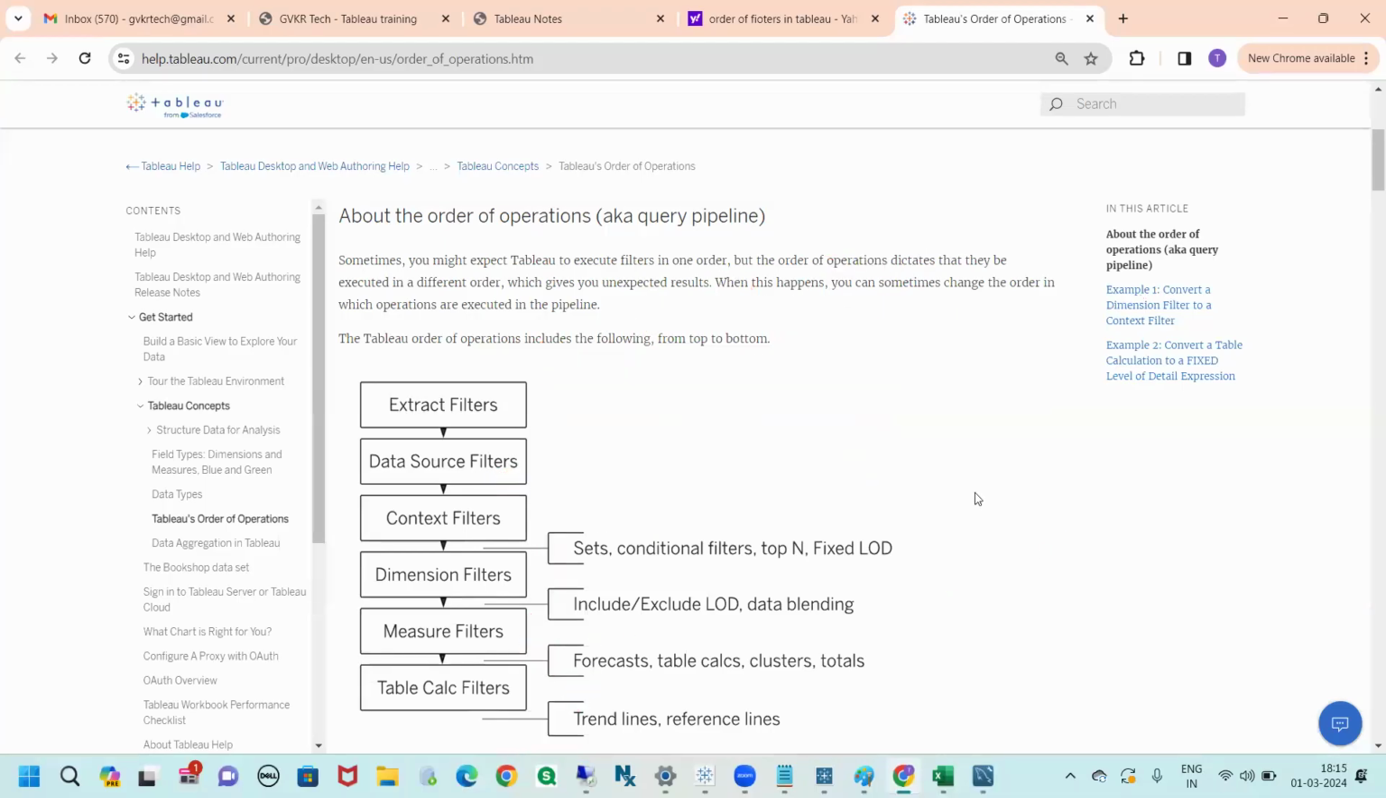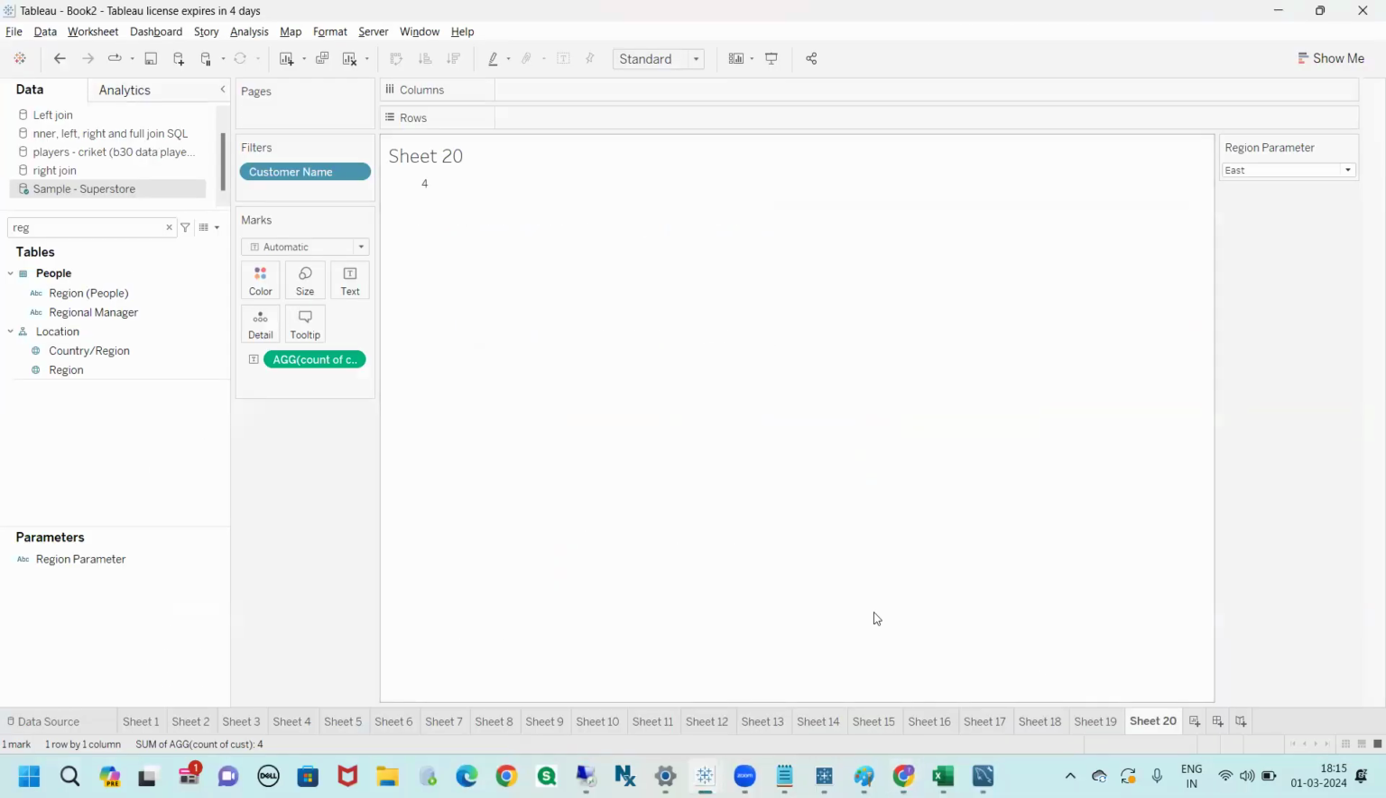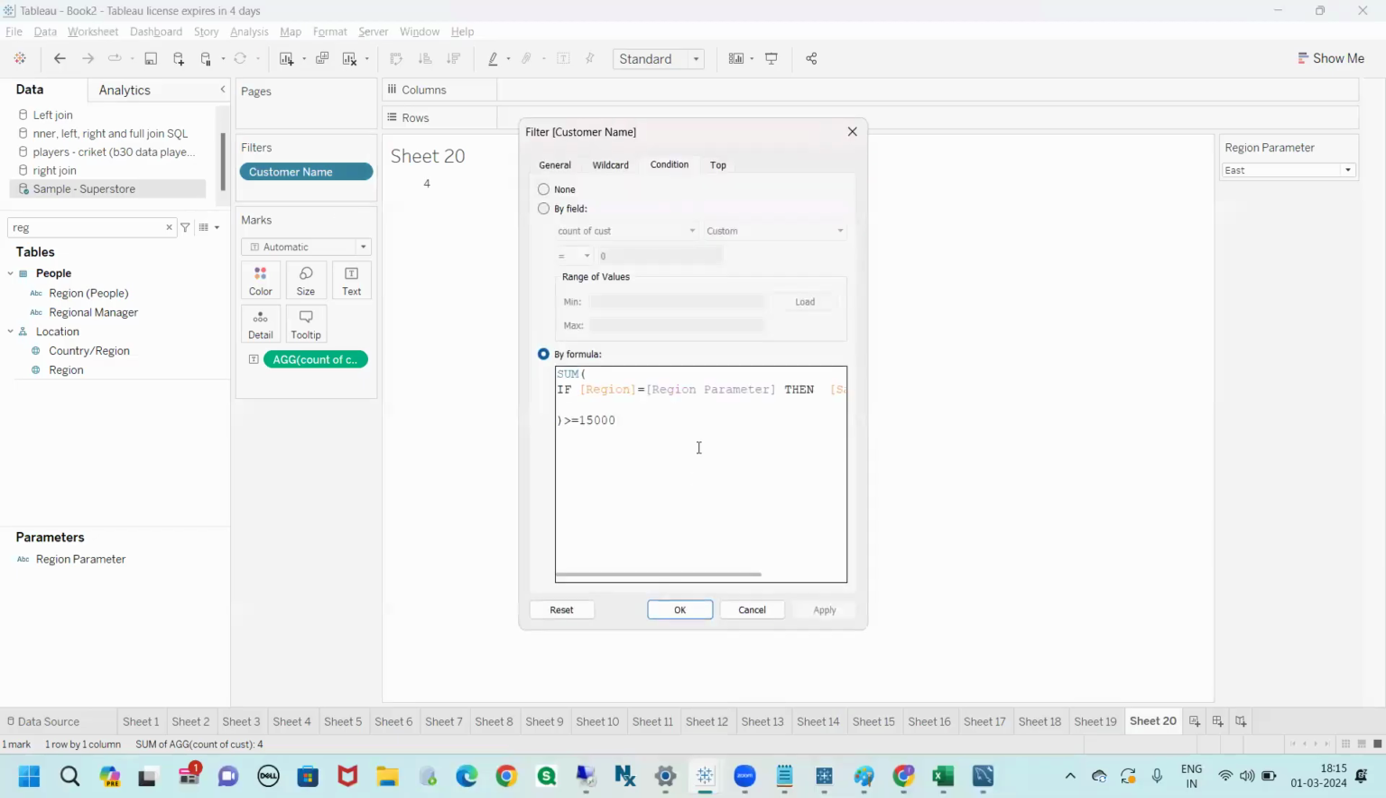We'll go one by one slowly, not a problem. If you understand this concept, you can achieve the next requirements. Hope you understand. These are the basic things, just remember. Now you'll see, if I go to edit filters,